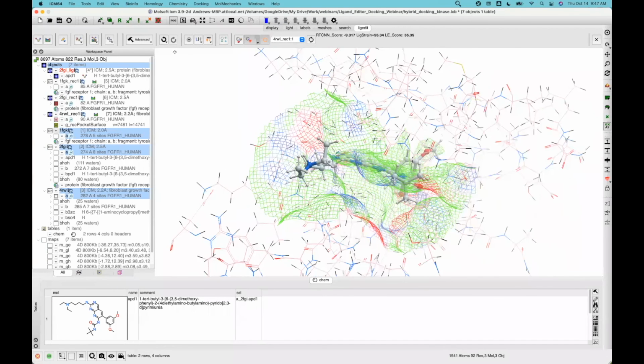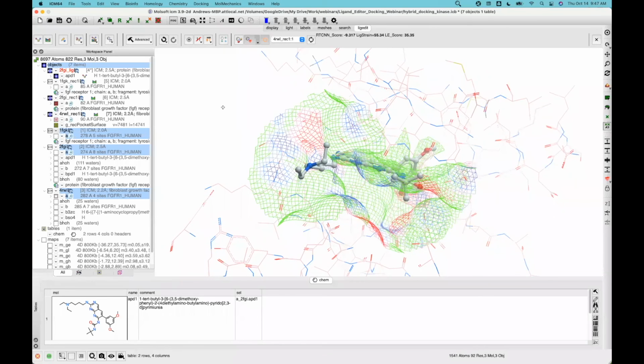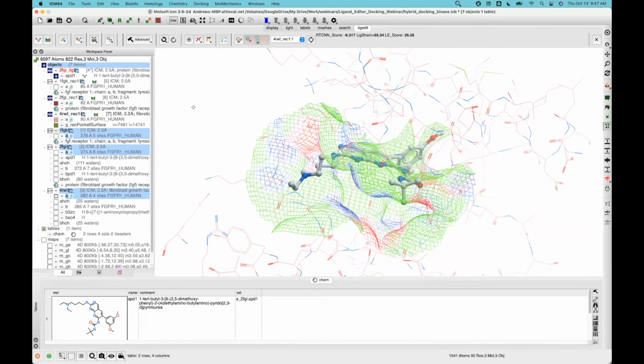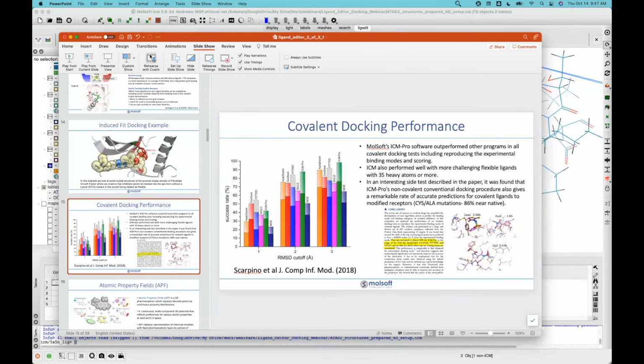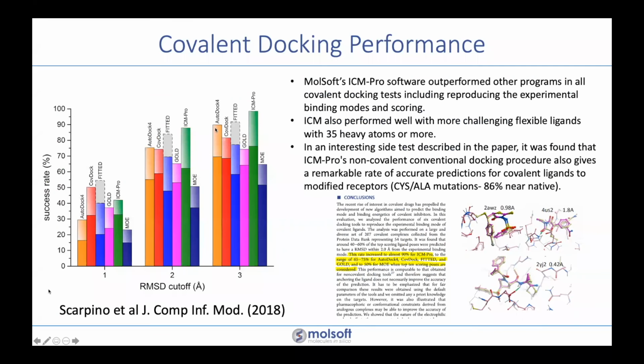And yeah, so you can also use this, let's undo the hydrogens, for specificity design. You could have one receptor that you're trying to design the drug for, and a receptor you're trying to avoid targeting. So you can design in this 4D environment. So in ICM, you can also do covalent